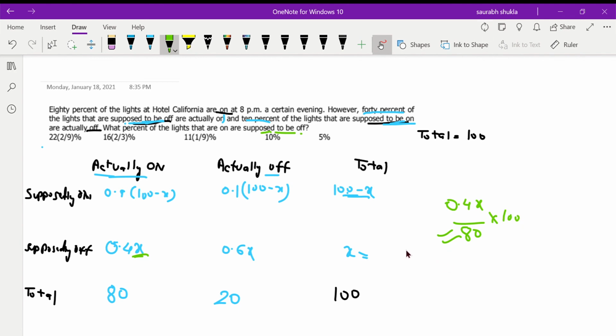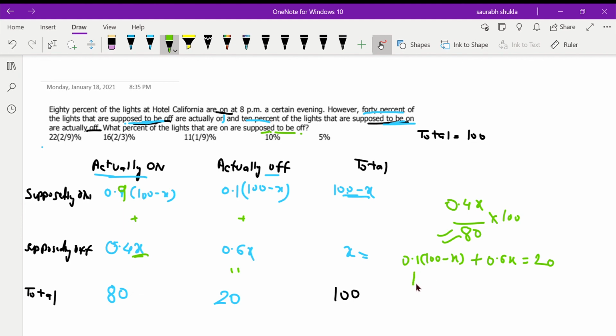Now our challenge is to find the value of x. So this is actually 0.9 here. How are you going to find this? If we add these two or add these two, we can equate it with 20 or 80. So we can use either of the equations. All right, let's use this equation here. Can I write that 0.1 into 100 minus x plus 0.6x is equal to 20? Can I say that if I add these two?